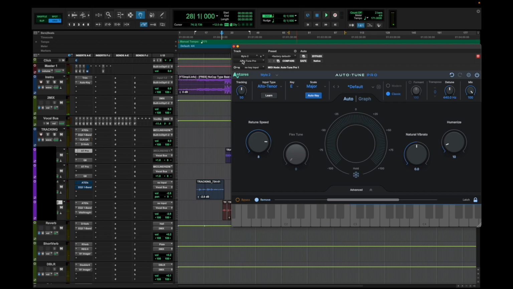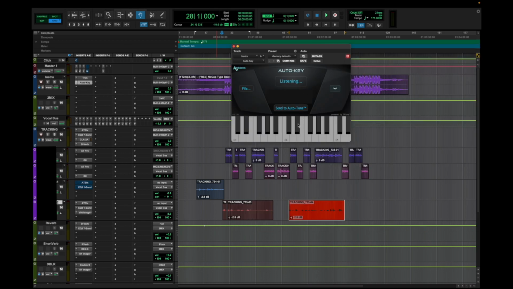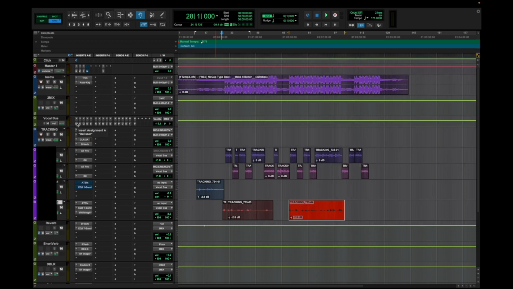So you can still hear the auto-tune a little bit, but it's not overpowering the song. And guys, be sure to change your key and scale to whichever beat you're using. There's a lot of websites that allow you to get the right key. I use AutoKey by Antares. However, you can pretty much use anything.